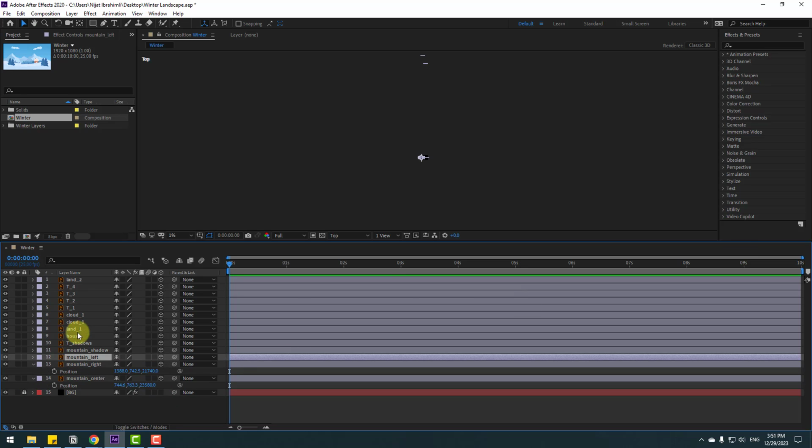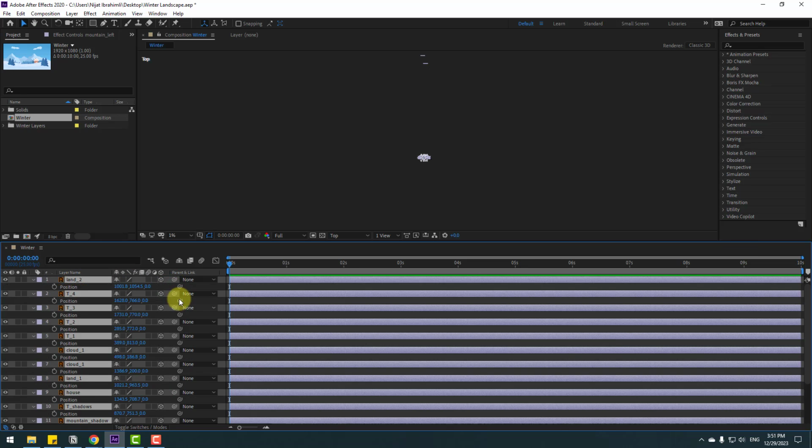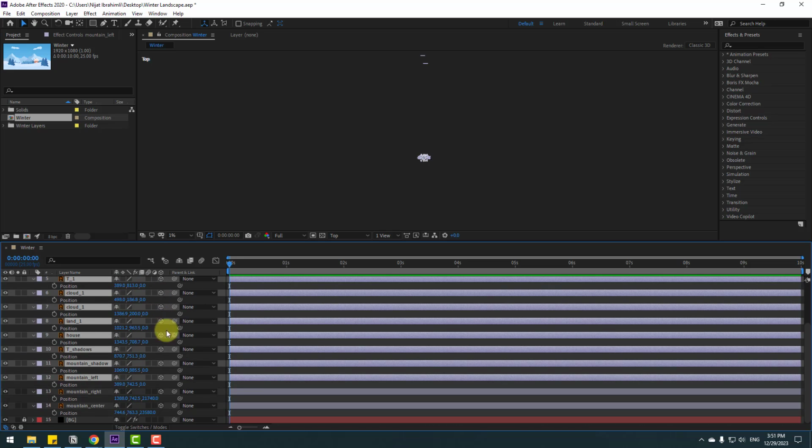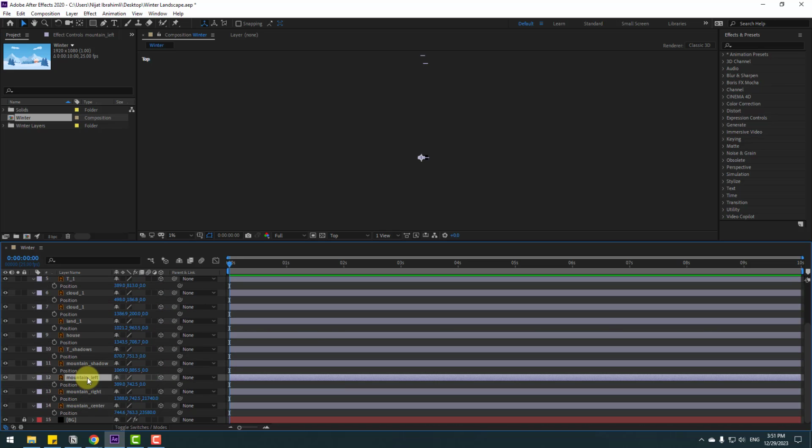And select all these layers. Let's press P. And let's select this mountain left. Move to back. Let's hold Shift, move to back for fast. Okay, select this mountain shadow. Again, hold Shift, move to back. Okay, select these all three shadows, move to back like this, and house, let's move to back, and land 1,